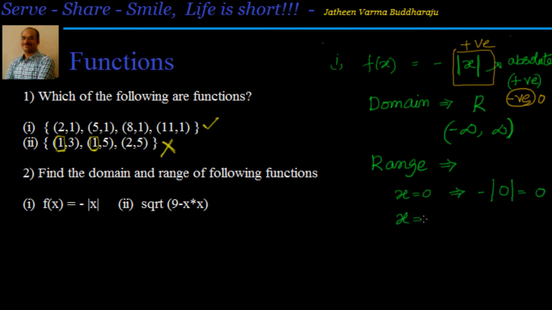Suppose let us say x equal to 10. Now what will happen if I give x equal to 10? Minus of mod of 10. Mod of 10 is 10 and minus of 10 is minus 10. Suppose I have given x equal to minus 10. Now this is interesting. I will have minus of mod of minus 10, but the mod function always returns a positive value only, so I will have again negative. So you can see that other than 0, all the values are negative values only. If you take a bigger value, you will get the negative of that bigger value in return.